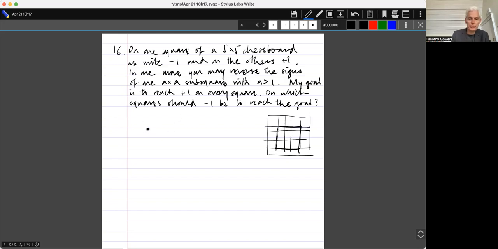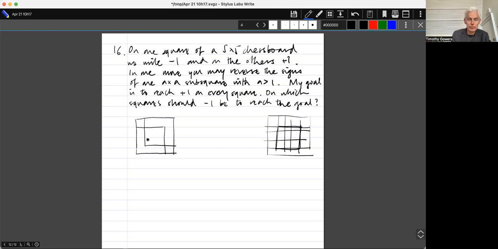So let's just see what we can do, if anything. So for example, if I take a square like that, I'm not going to say actually how big it is, but I just want to try to generate something interesting out of it. So if I then take another square like that and another one like that, if I add those two together, I'll just get this L shape here and this L shape here.